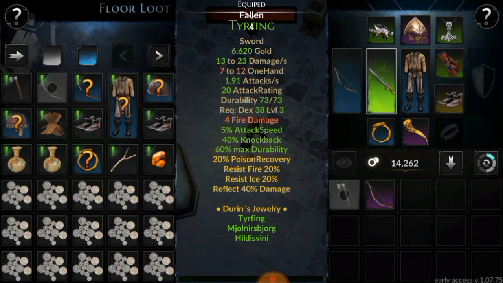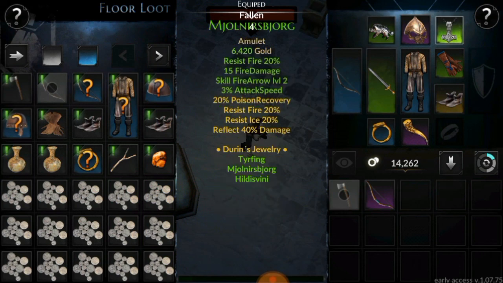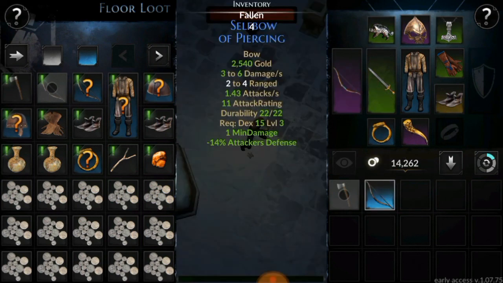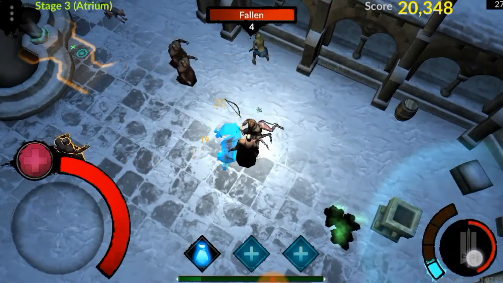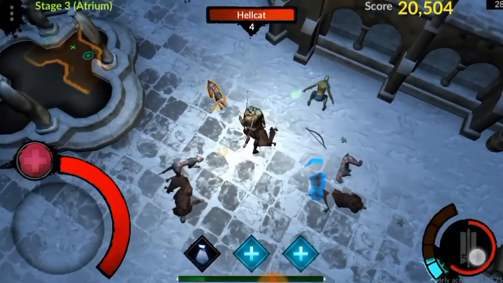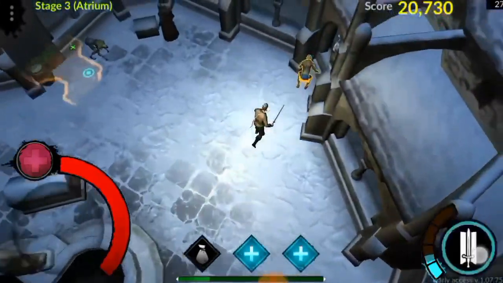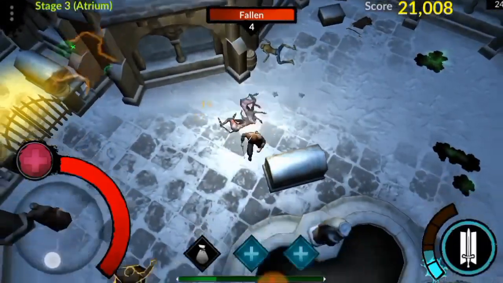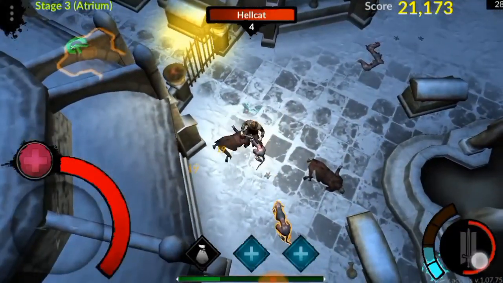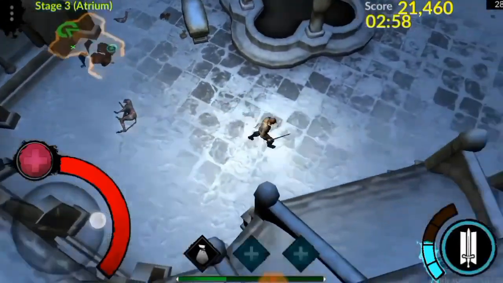Nice. And yes, with my Hildsvini, and yes, Mjolnir's board. I'm going to equip this. Thank you very much. And movements, nice. Thanks to my old character, I equip now. My character now has equipped a set and the legendary items, and done with 2 minutes 58